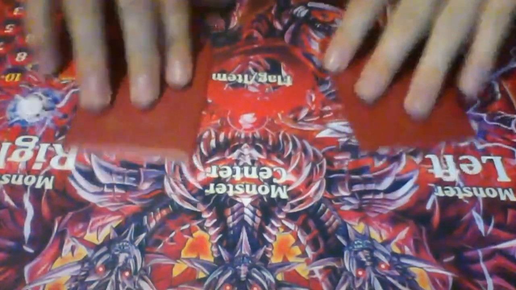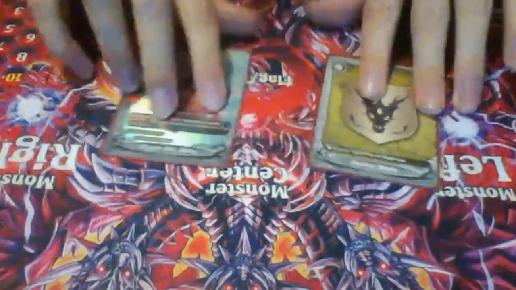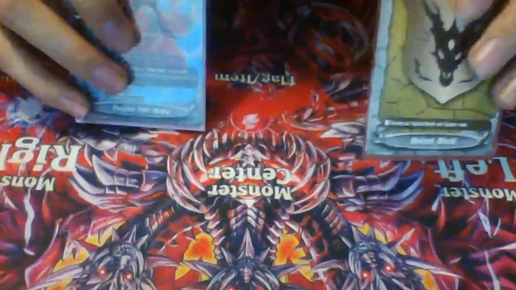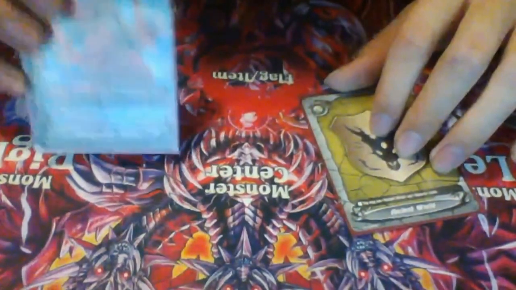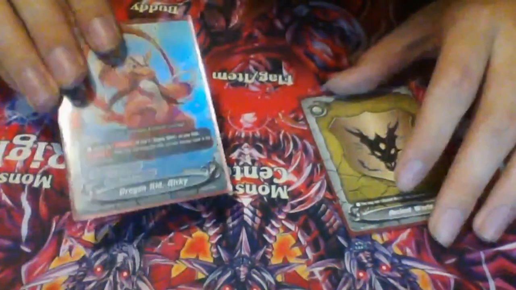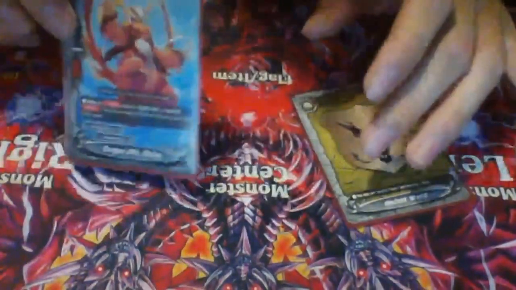This is going to be my top 8 deck profile with Raging Spirits. So of course the flag is Ancient World, because we're talking about Raging Spirits here. Of course it's going to be Ancient World. And then our buddy is a foil Dragon Kid Ricky, because Quilly is the best artist, and because